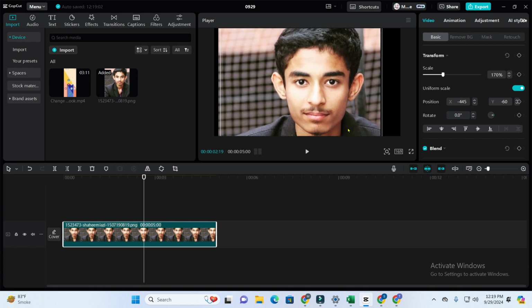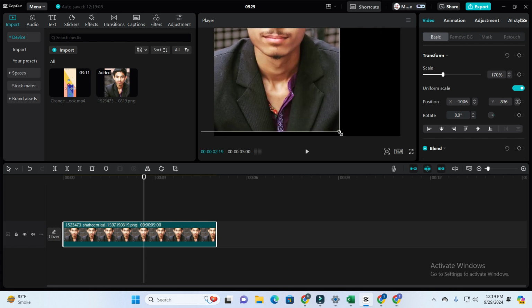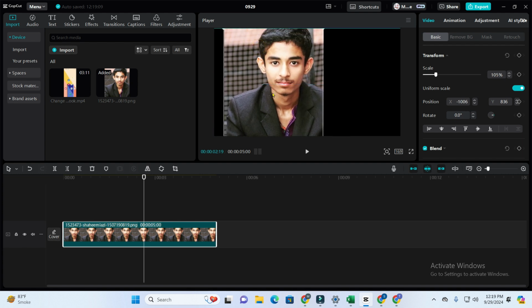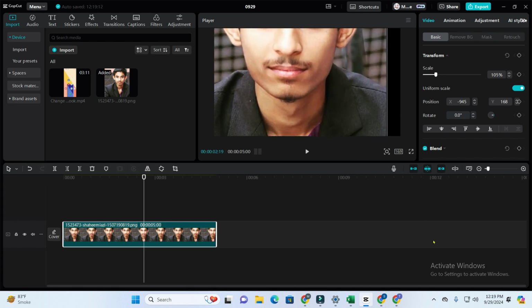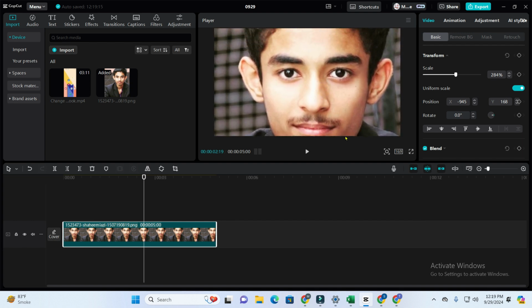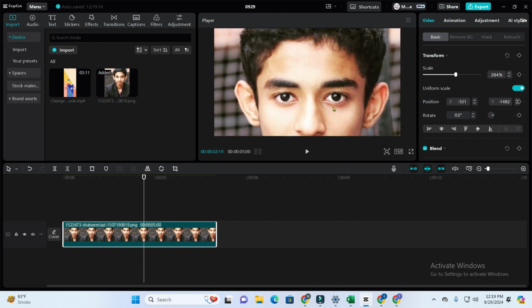And from here you can adjust the size of the video according to your choice, and from here like this I can change the size. You can see here I have successfully changed the vertical video into a horizontal or landscape video in my project file in CapCut PC. So guys, in this way you can easily convert your vertical video into a horizontal video in